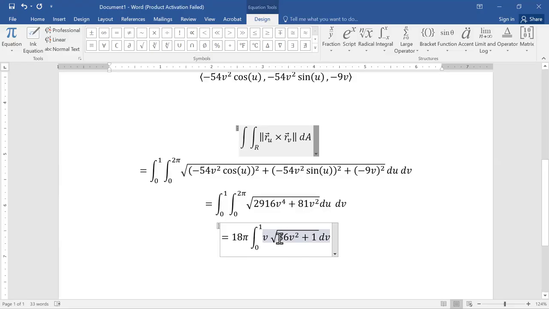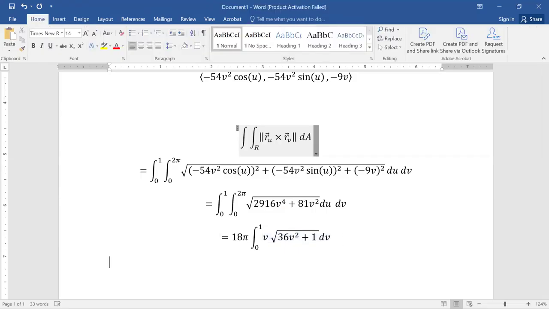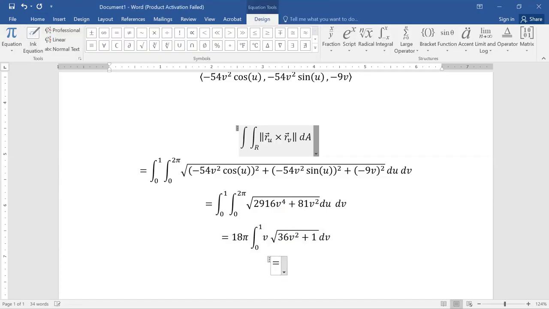And you can actually do this by hand with a straightforward substitution. I am not going to show that. Let me say it this way. You let a variable, let's say a, be 36v squared plus 1, and then do a straightforward substitution. And you can do all this by hand. When it's all said and done, I did this by hand, and I ended up getting,